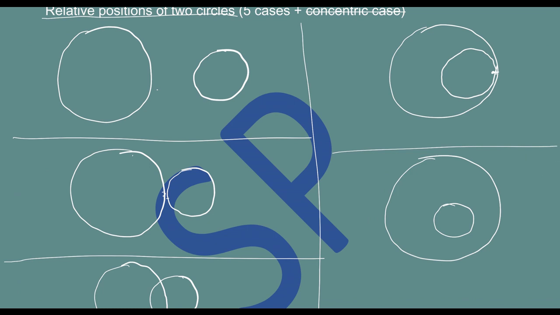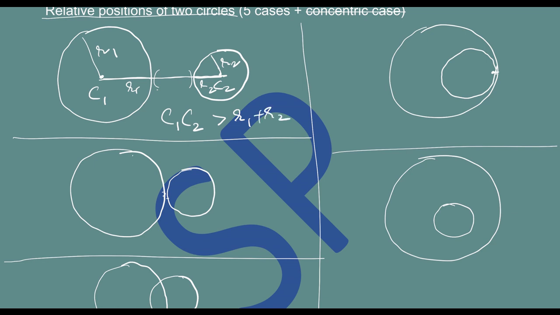That means we know the centers, we can find the centers C1 and C2, and we can find their radii R1 and R2. So these four we have now. Center coordinates are there and radii are there, R1 and R2. Now I want you to observe that in this case the distance between the centers is more than R1 plus R2 together. You see, this is R1, this is R2. You have more here as distance between the centers. Distance between the centers is more than R1 plus R2 in this case.